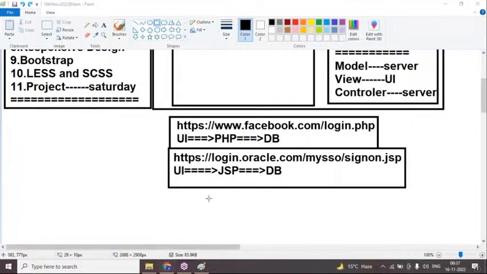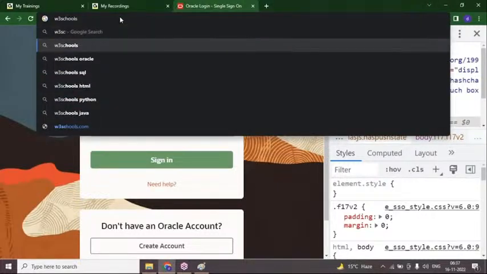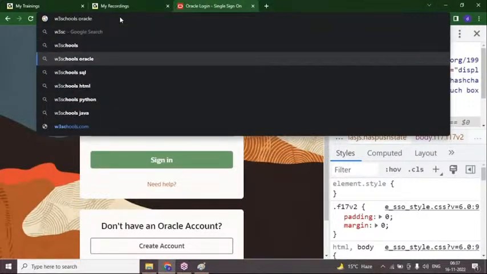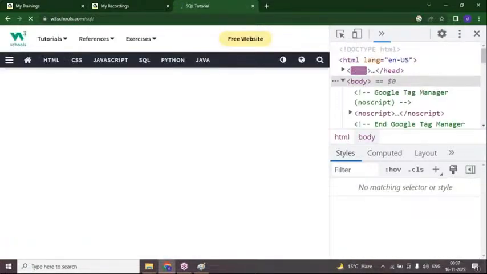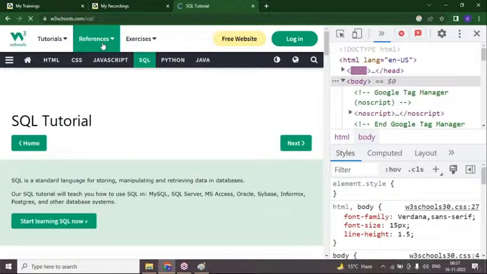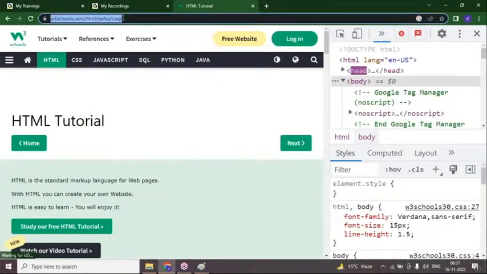See one more example here. Two different web pages: one is a PHP page, one is a Java page. In a similar way, if you check W3Schools, here I want to learn W3Schools Oracle. See here ASP. If you check the output here, ASP